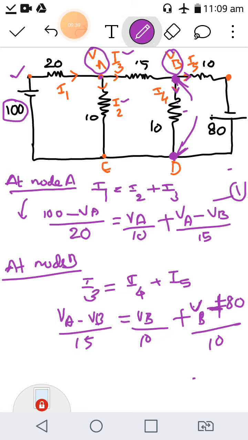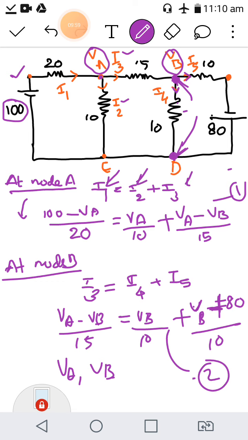So again, this is equation number 2, take the LCM of this and you get another equation. So you get both the equations and you can solve them with the techniques that you know for solving different equations. Once you get that, you have to find out what is VA, what is VB. Once you know VB and VA, you can easily find out I1, I2 and I3, because I1 this is the equation, I2 this is the equation, I3 this is the equation. So find out all the branch voltages VA, VB, VC by solving the equations, the techniques that I believe you know how to solve. Once you find out all the voltages, you can easily find out the value of current. That is the technique.